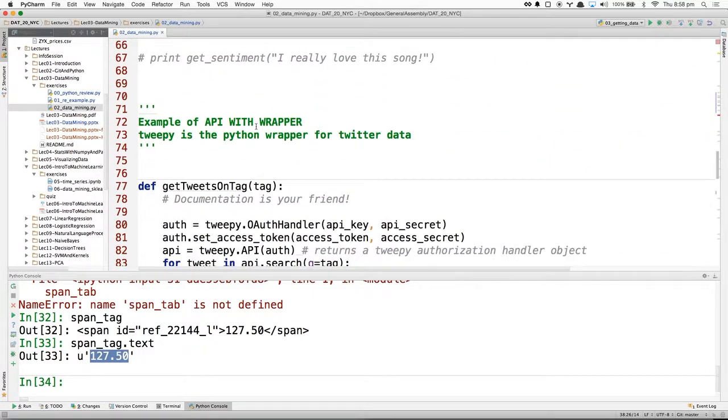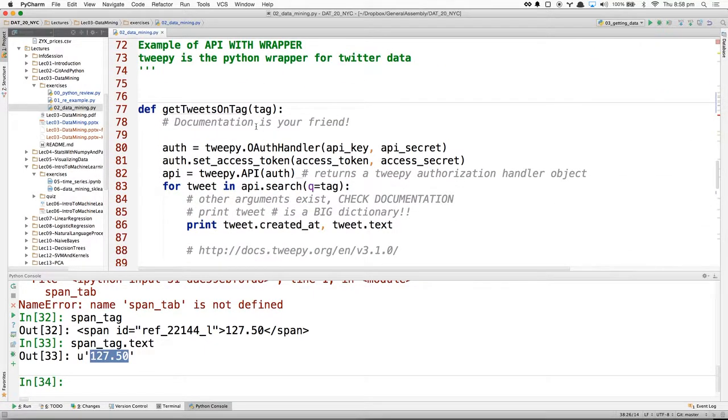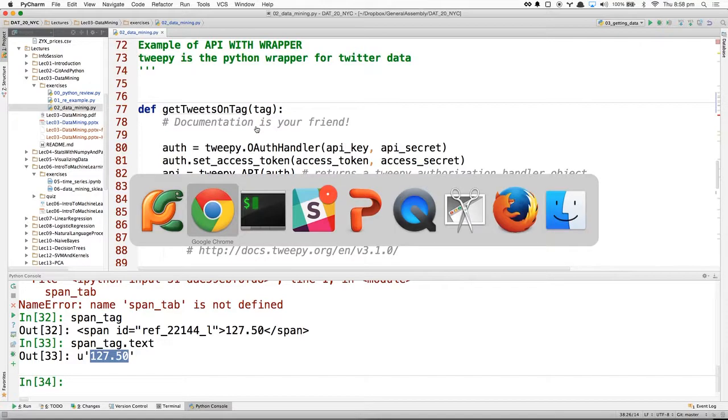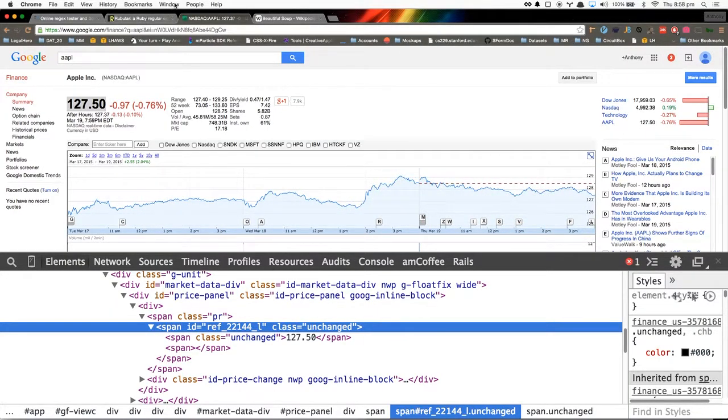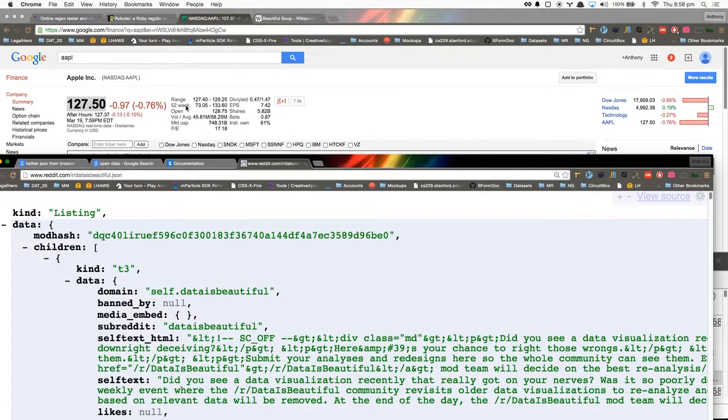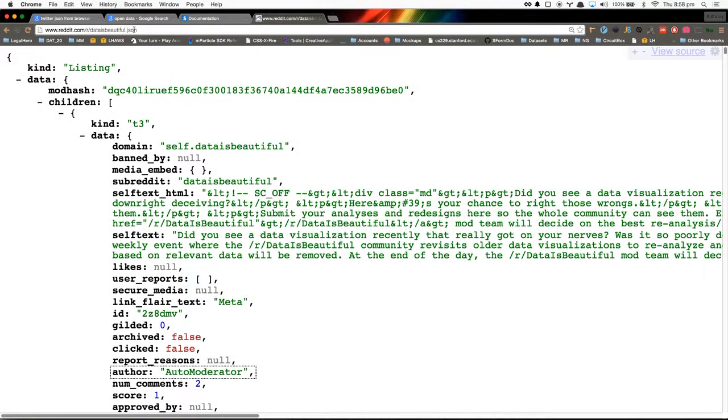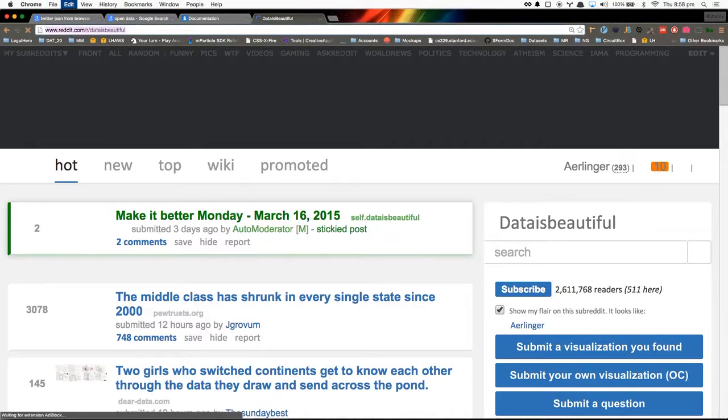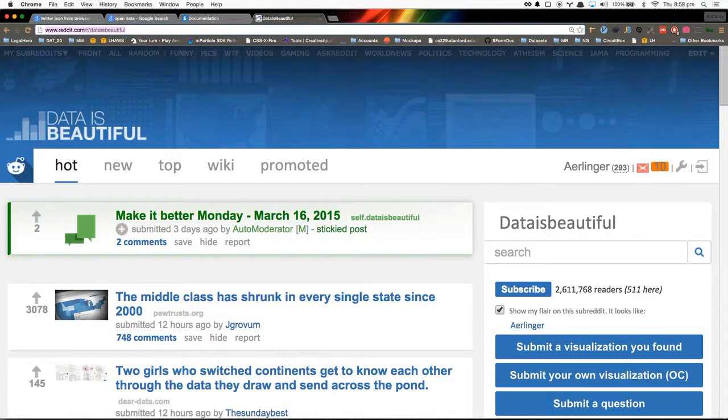What we really want to do, though, is interact with an API. I want to show you guys, going back to the example I was showing at the beginning of class. Remember this Data is Beautiful page? Remember we want to find these attributes. You can imagine it's going to be a lot of work with Beautiful Soup to find and isolate each of these attributes. It turns out a lot of websites have what's called an API, which is an interface that provides structured information.